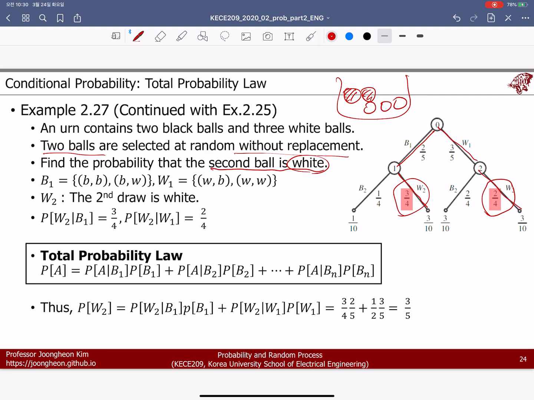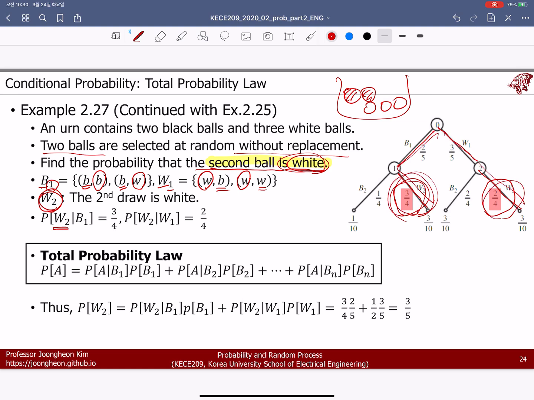So here, for the first trial, we have to take the case where the ball is black. So first is black, first is black. Second can be black or white. Okay. First trial should be white. So this is white, this is white. Second one, we don't need to care, black or white. Okay. Now our interest is our second trial. Second ball is white. Okay. This is our interest. So in this case, we have to say that second should be white. So we have two different cases, this one and this one.